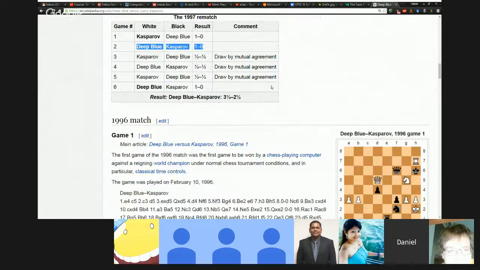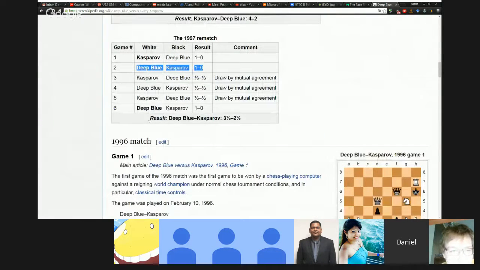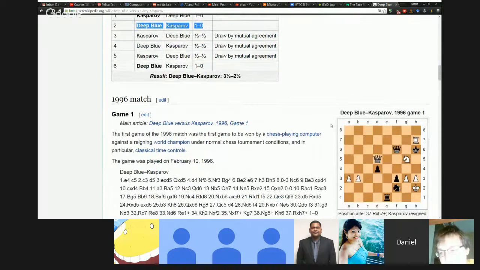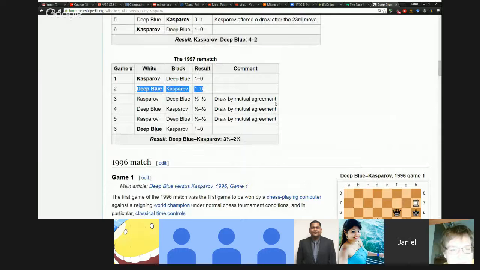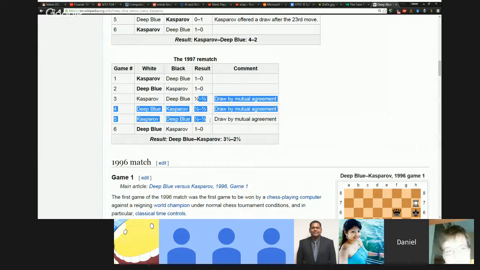Game 2, it's only the second game of this 6-game set, but game 2 is the game where Deep Blue won. In this game, Deep Blue ends up playing a move that sacrifices its queen, but for better board position. The queen's the most valuable piece in the chess game, and it's a very risky move. And Kasparov just wasn't expecting it and couldn't deal with it. After that move, Kasparov was shaken, and he never recovered. For the rest of the match, he gets ties. Deep Blue wins the last game, and he ends up winning the match.